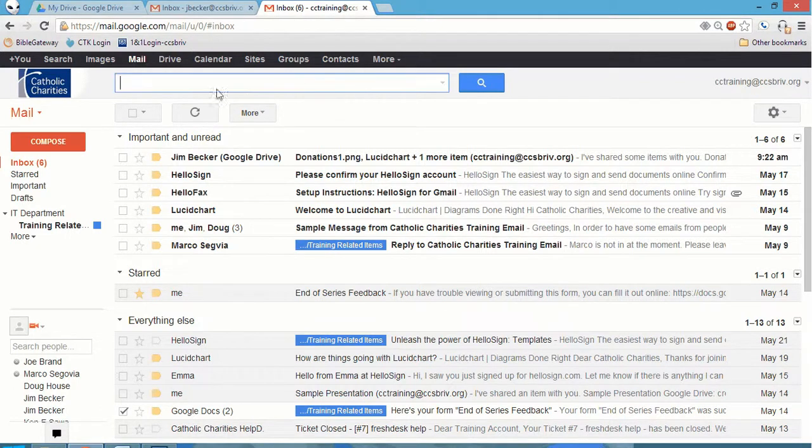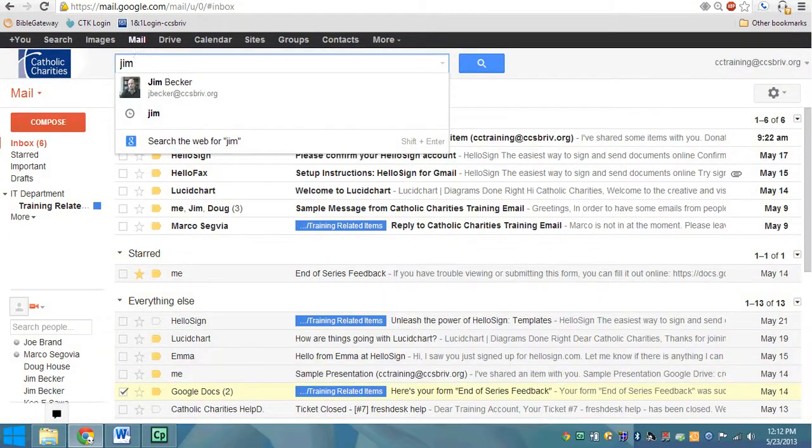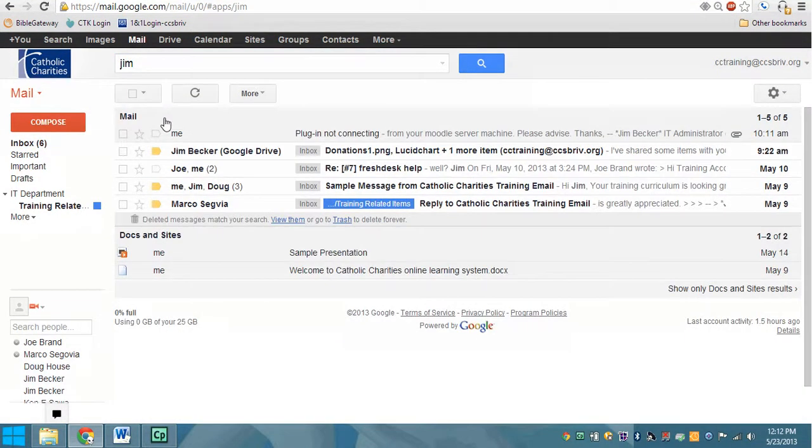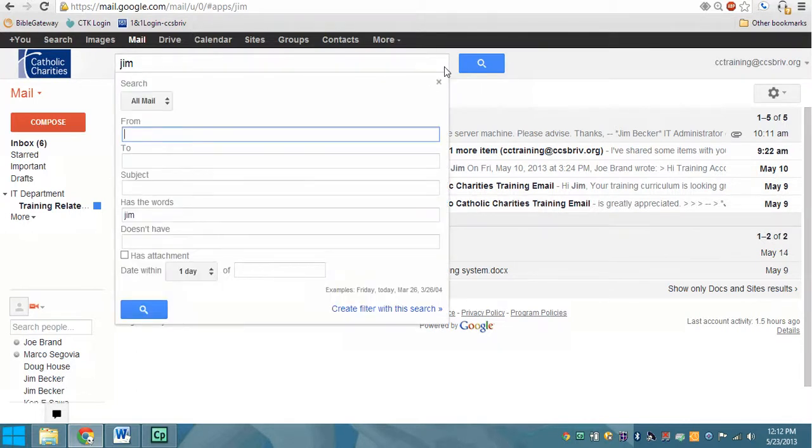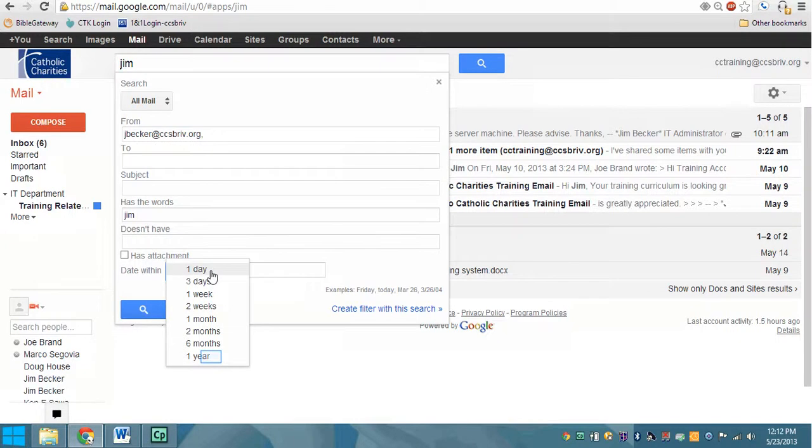First thing we're going to do is let's do a search. So let's search out Jim. Within here, I can click on the search category for Jim, and it pulls in all the different things there. You'll notice over here in the right drop down arrow it says show search options. And then I can do anything that's from. I can type in the person's email address, or we could say it has the words or subject matter. We can get pretty specific here. We could have it within X amount of days. I could say anything that's within the last year, 3 days, 1 week, etc. So we'll just make sure we grab everything right now